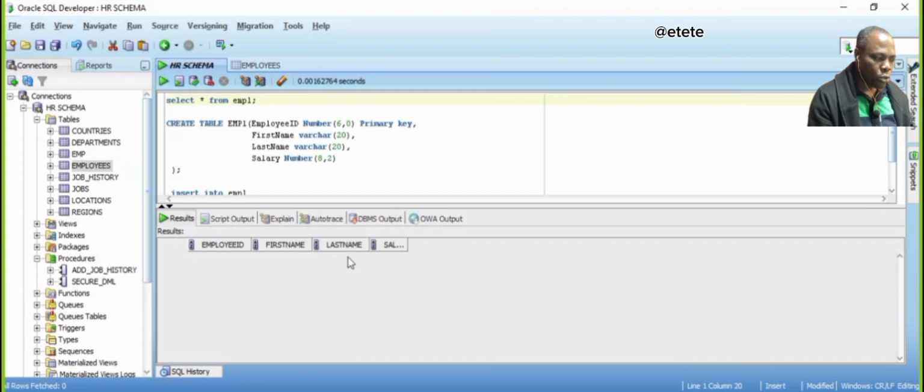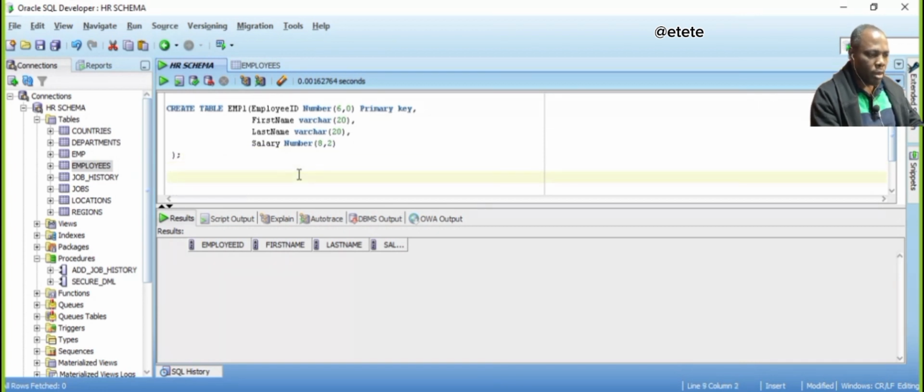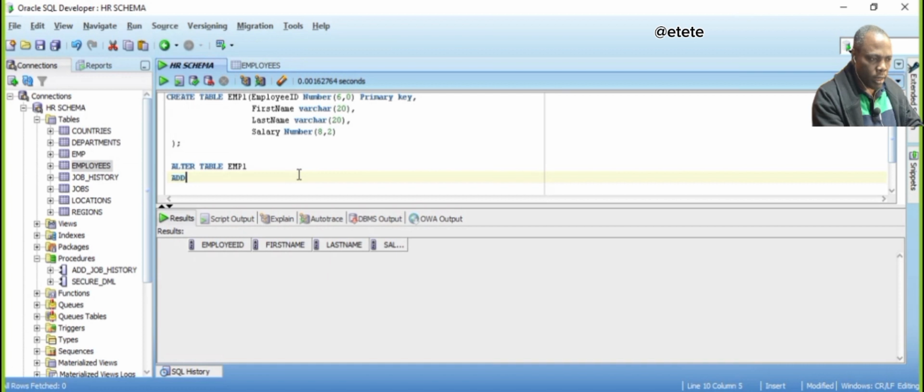Now, I am going to alter my table. I want to add another column to it, the email column. So I will come here and use the alter keyword. Are you with me? Alter table emp1. This is the table. Alter table emp1, add